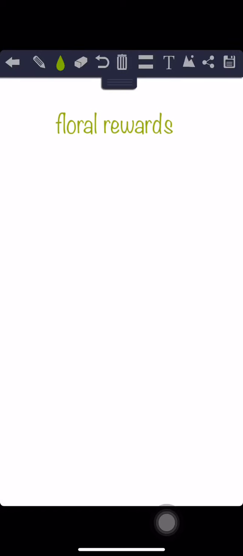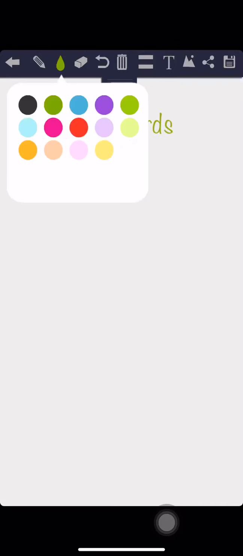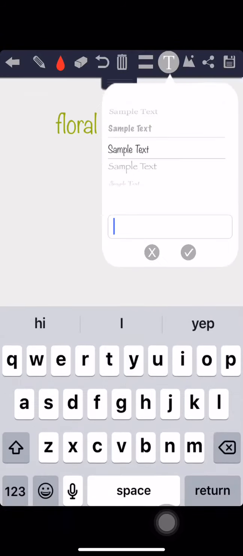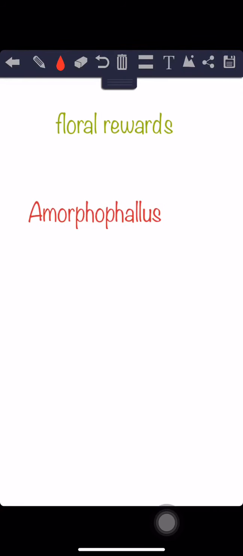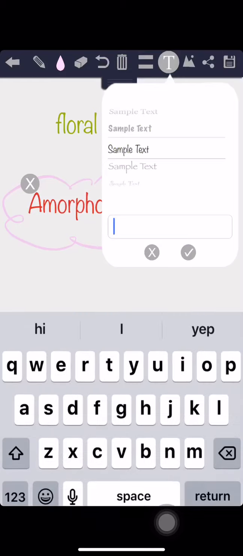Floral reward means that insects help the plants to undergo pollination, and in return, how do plants help insects? Some of the flowers, like for example Amorphophallus, is such a big flower that it can also help the insects to lay their eggs in it. Amorphophallus is a very good example of such kind of a flower which helps the insects to lay their eggs. And another example is